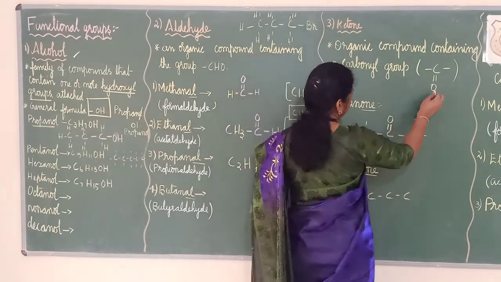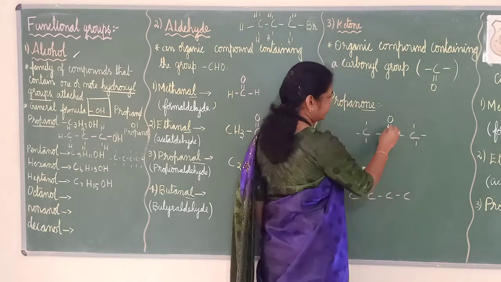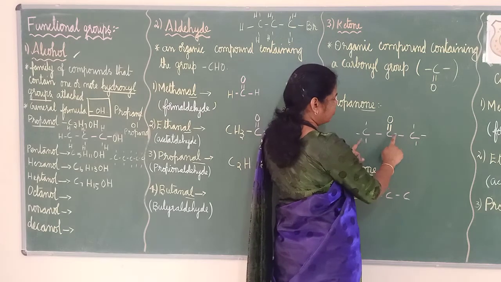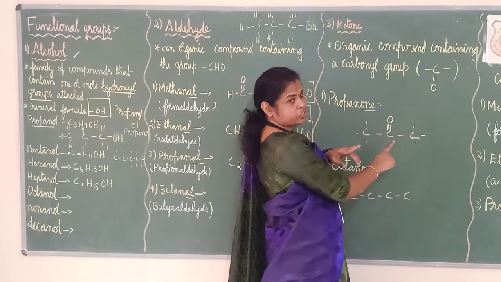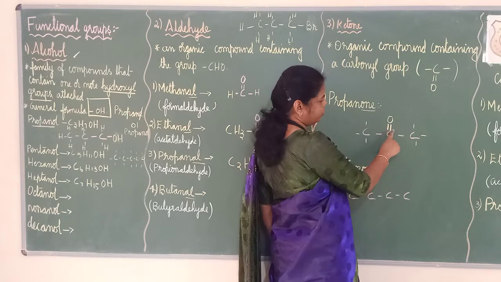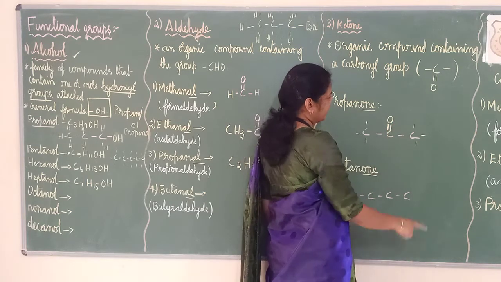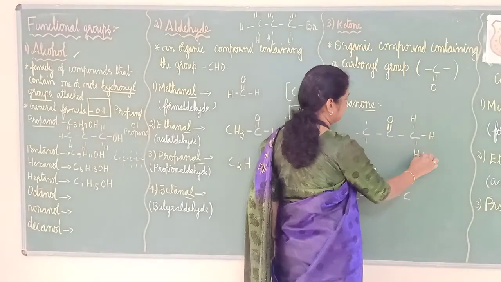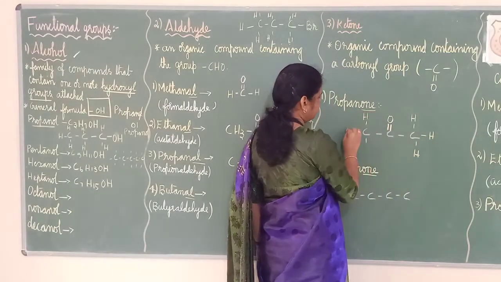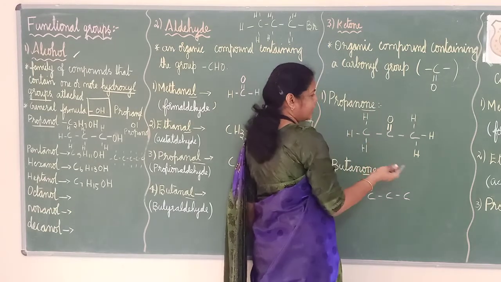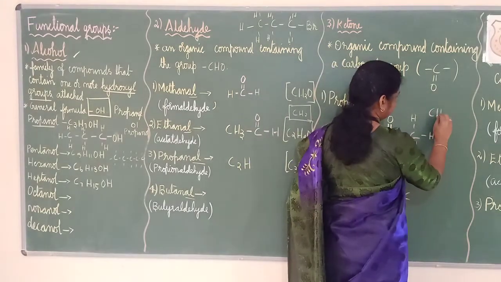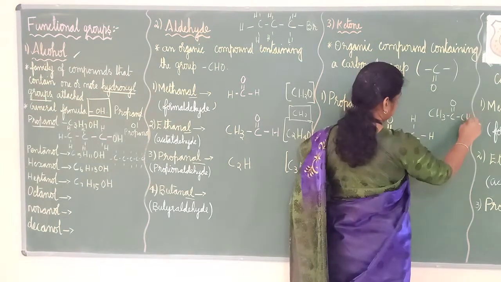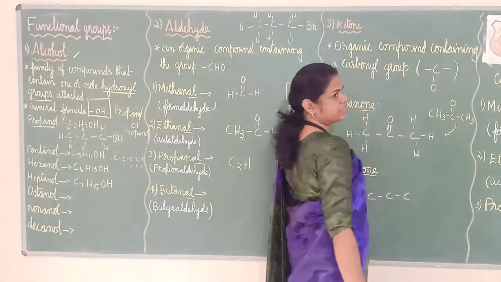Propanone, we know that 3 carbons will be there. If 3 carbons are there, this carbonyl group should come now. So in the middle I have put, see, one double bond. Why double bond? Because already this side one, this side one, 2 over. So 2 more I should add. So that is the reason I have put one double bond and O. And for this carbon, as usual, 1 hydrogen, 2 hydrogen, 3 hydrogen. Same way this side also, 3 hydrogen. You can also write a condensed form like this, CH3, C double bond O, CH3. This also can be written.